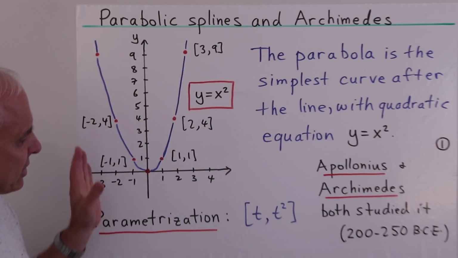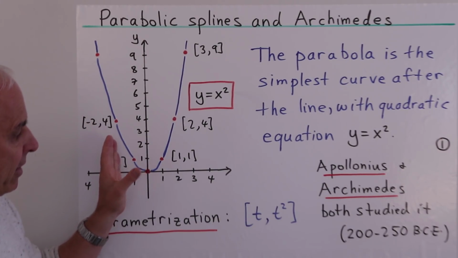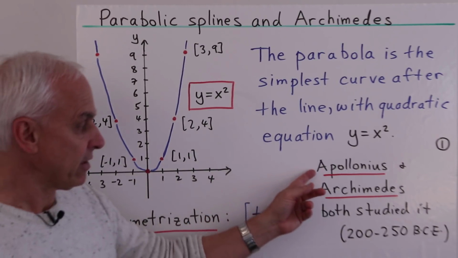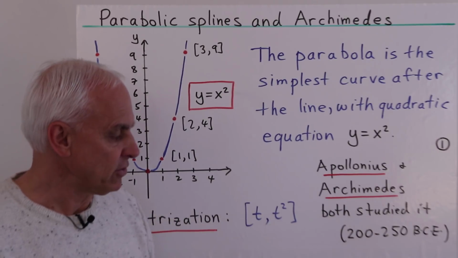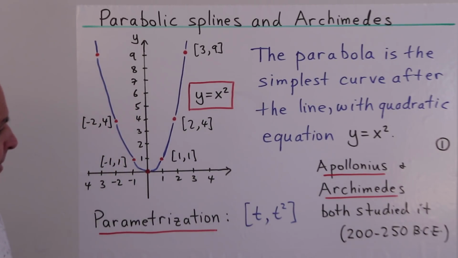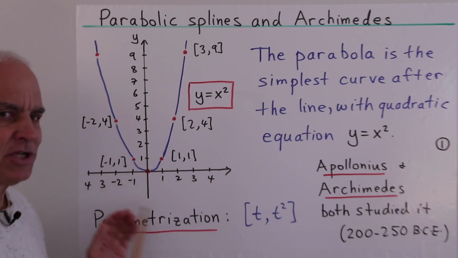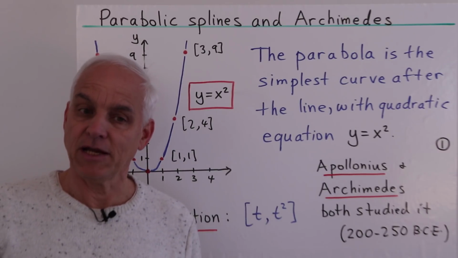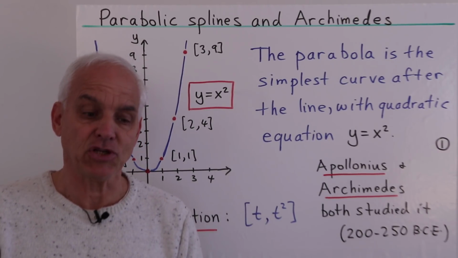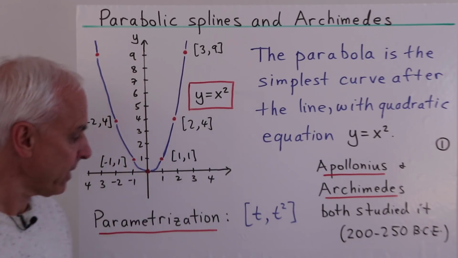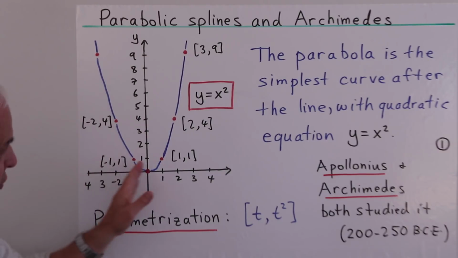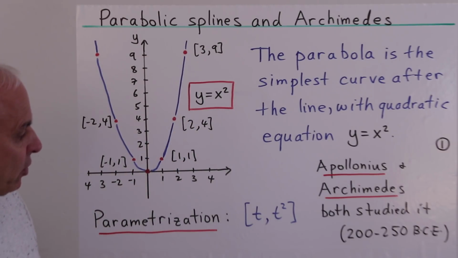Okay, so this was studied by the Greek mathematicians, notably the great geometer Apollonius and then also Archimedes, around 200, 250 BC. But they didn't study it in this Cartesian framework with coordinates. They studied it rather geometrically as a conic section, and we're going to talk more about conic sections more generally in a later lecture. But for us, we're looking at it from this Cartesian point of view, and the crucial